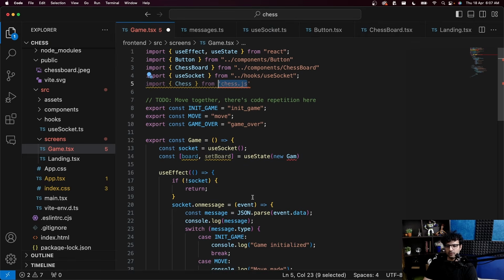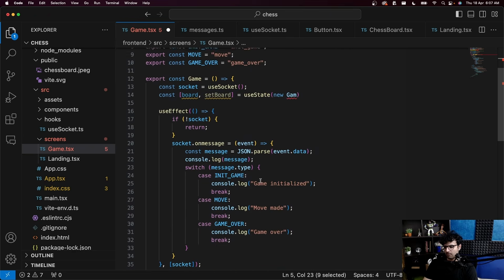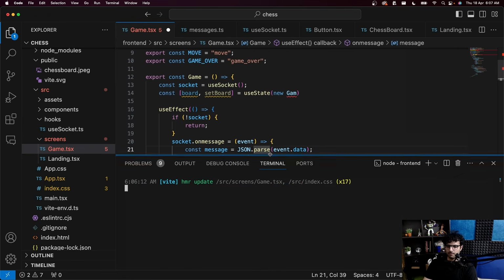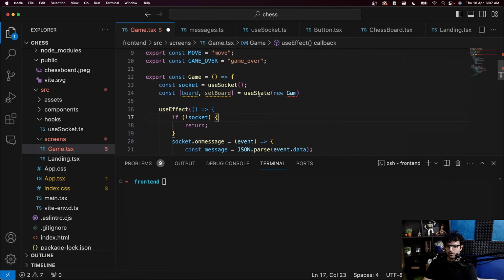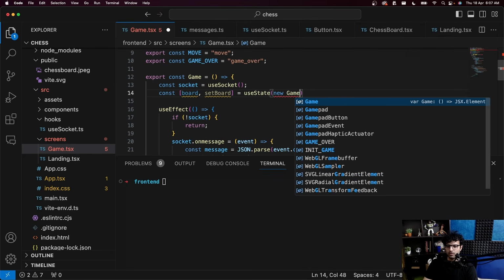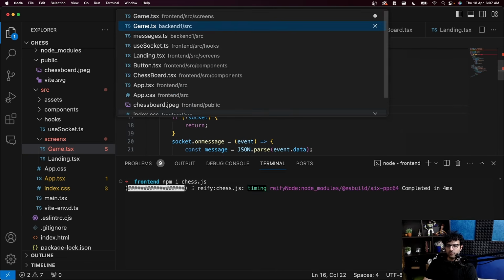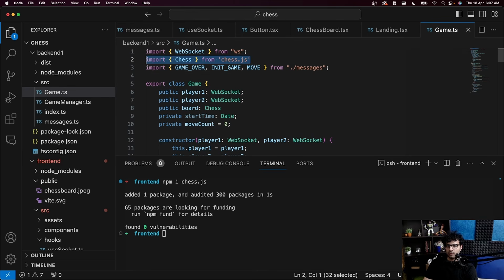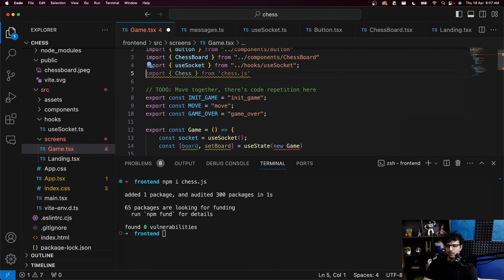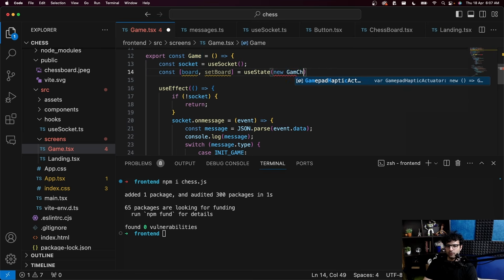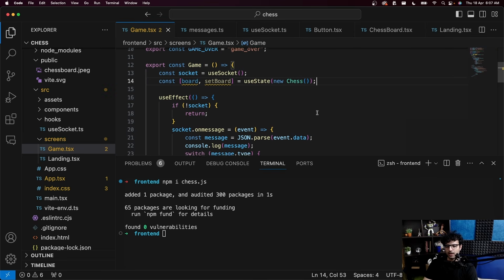Let's add chess.js to the front end. npm i chess.js. new Chess. There we go. And